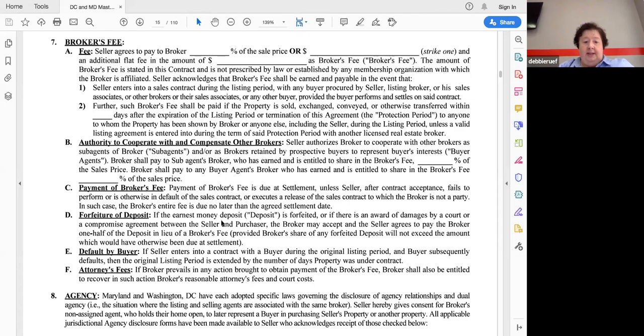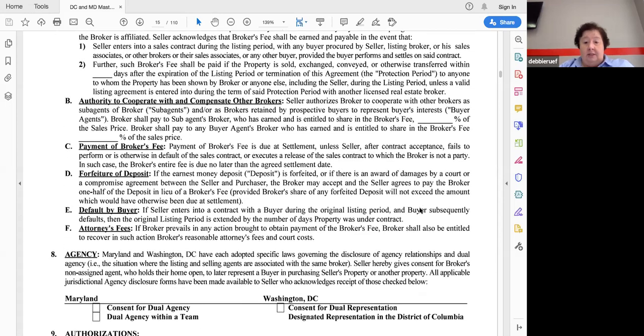Payment of broker's fees. Payment of broker's fees is due at settlement unless seller, after contract acceptance, fails to perform or is otherwise in default of the sales contract, or executes a release of the sales contract in which the broker is not a party. In such case, the broker's entire fee is due no later than the original date of settlement. So if the seller defaults,